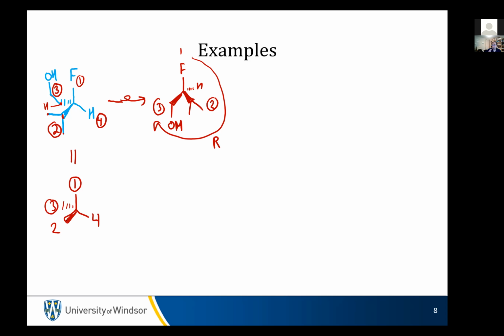And I'm going to do a couple of things here to show you why what I'm doing is okay to do. So I'm going to draw the mirror image of this. Okay. Now, if I rotate this mirror image 180 degrees,